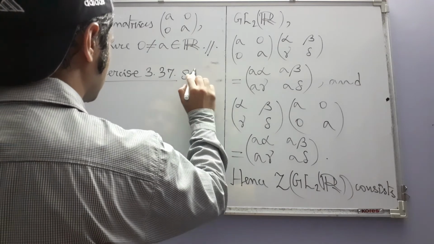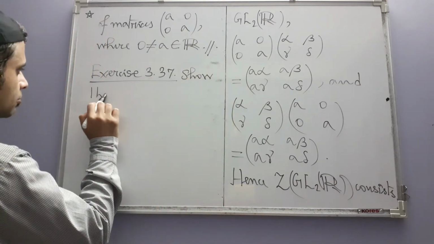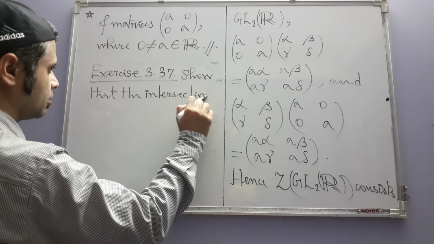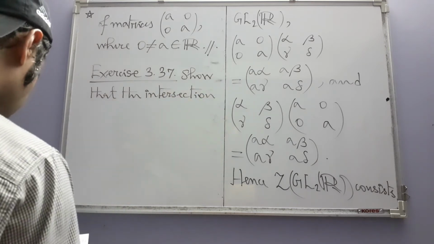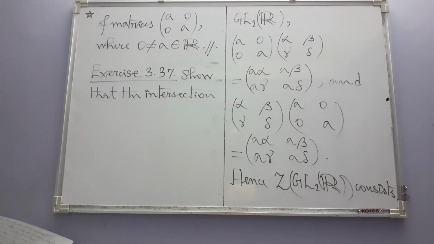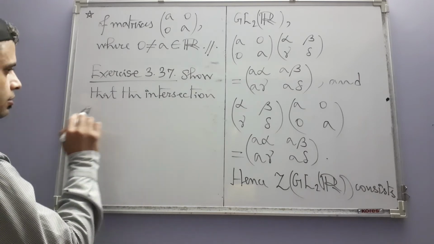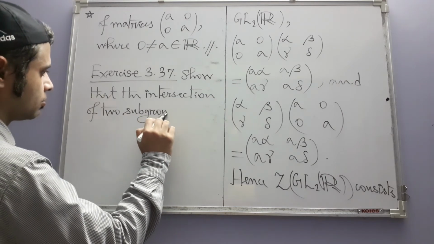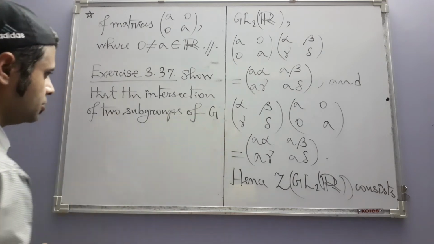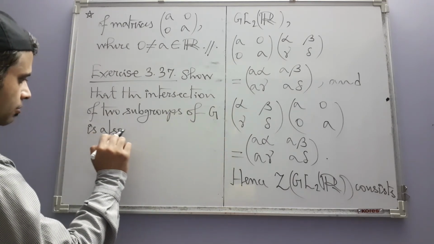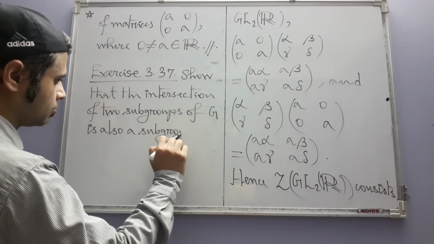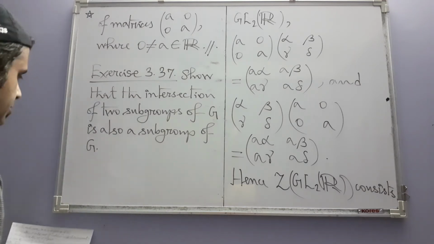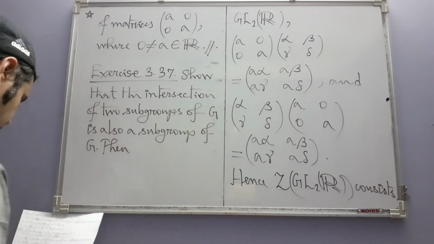Show that the intersection of two subgroups of a group G is also a subgroup of G. And then the generalization. Then extend this